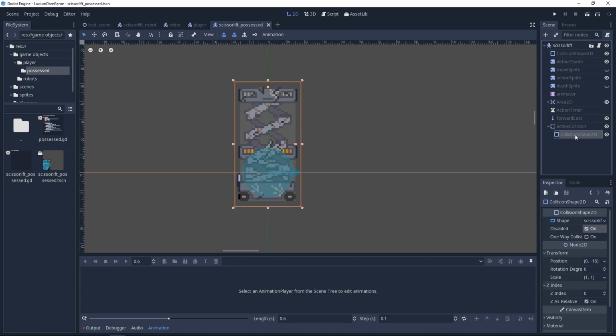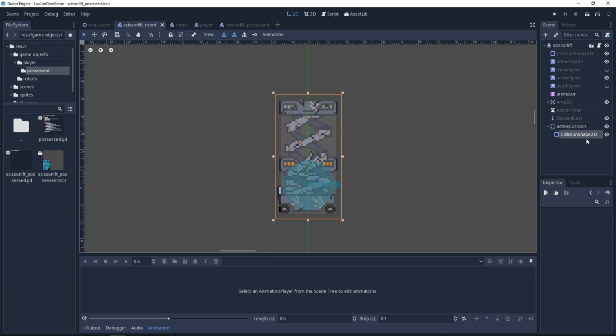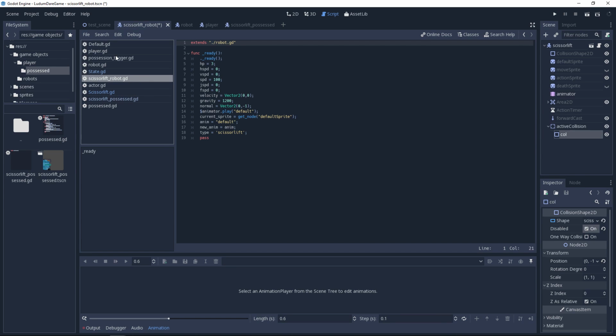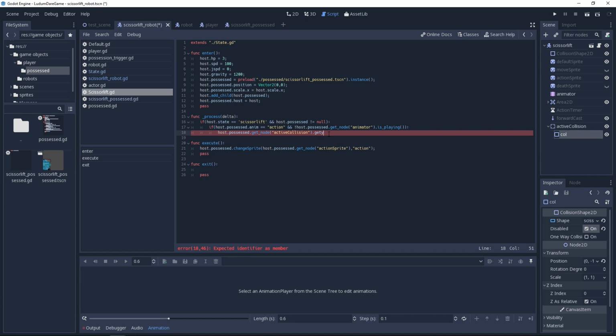Actually, when all that happens, at the very end, it'll be disabled. The disabled will be false. And then